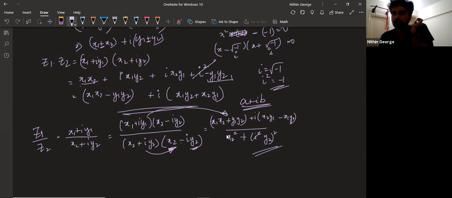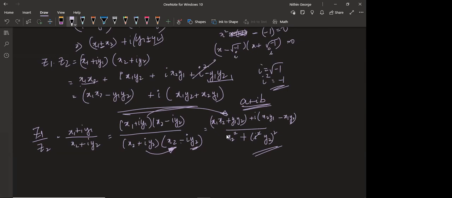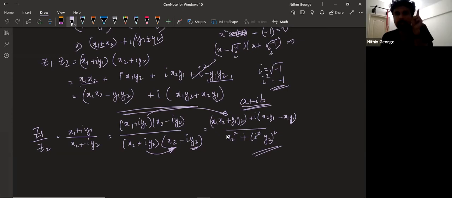Are you following? This denominator can be split into two parts. Both will have the same denominator. That's the idea. You understand what a conjugate is? This is your takeaway. Once you get what the conjugate is, next you look at multiplying it with the conjugate. And now you have to understand that when you multiply a complex number with its conjugate, you will get a real number.